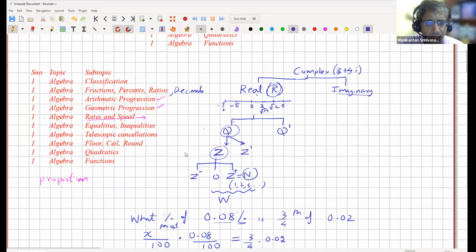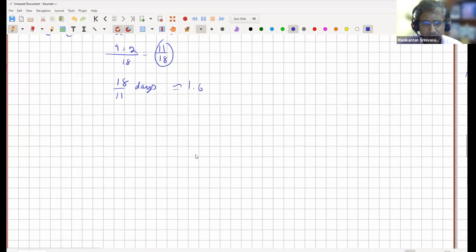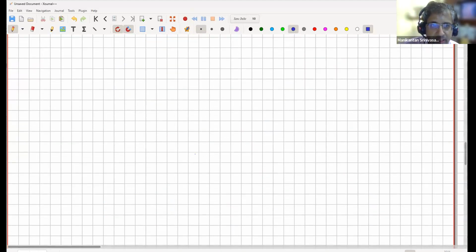And then equalities and inequalities, that's very important. Okay, equalities, we all know, no problem there at all. Inequalities, we have to be extremely careful. So the first thing you have to be careful is